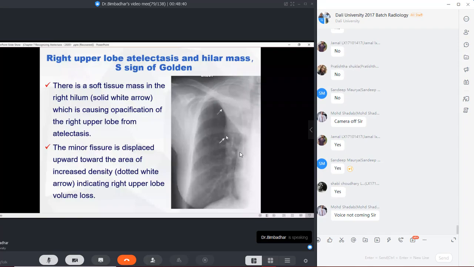Okay. So that's the reason you see here, the trachea appears to be kinked. It is looking crooked, right? So if it is looking crooked, and there is an S shape here, there is an S shape here. So this is actually called as,